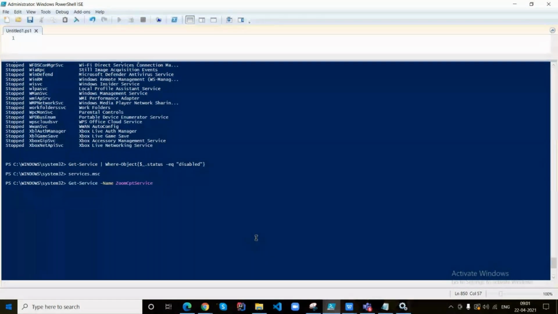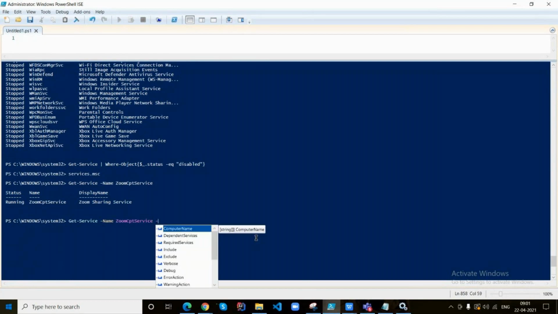Get the information for a particular service. Here I can see the service status, service name, and display name. Whereas here I can see display name, but in services.msc I'm not able to see the same parameter there, right? So where exactly is the parameter in services.msc? Go to services.msc, please.